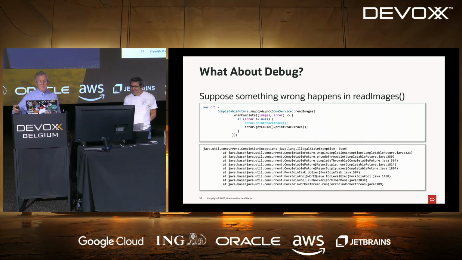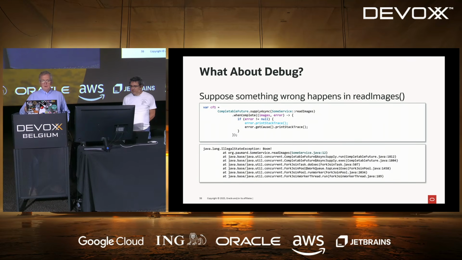And it's the same problem if you want to profile your application. Because what you're profiling is not your application, it's your framework. So it has an impact on debugging and profiling. Basically, profiling is based on having stack traces that work correctly. You need snippets of the stack trace.